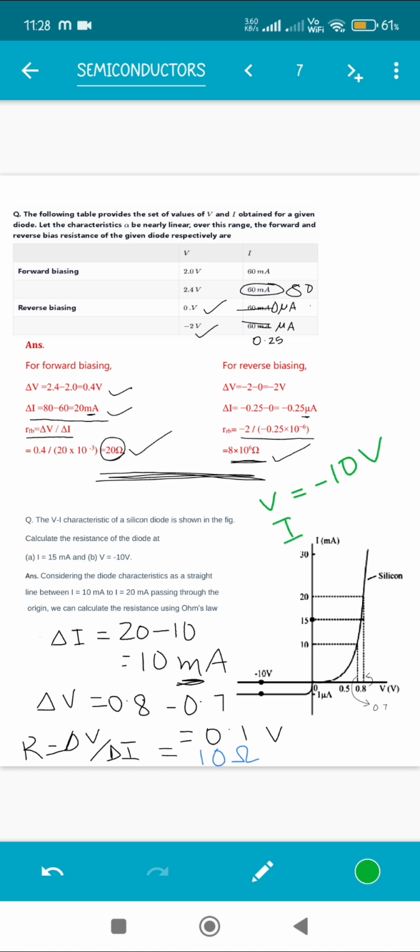You can see in this case the current is 1 microampere. So again R will be equal to 10 by 1 microampere. We are going to get the answer as 10 to the power 7 ohm. So again, in the reverse condition, the resistance is so high, 10 to the power 7. But in case of forward bias, the resistance is only 10 ohm. So you can see the difference right through these numericals. So I hope the chapter is clear.